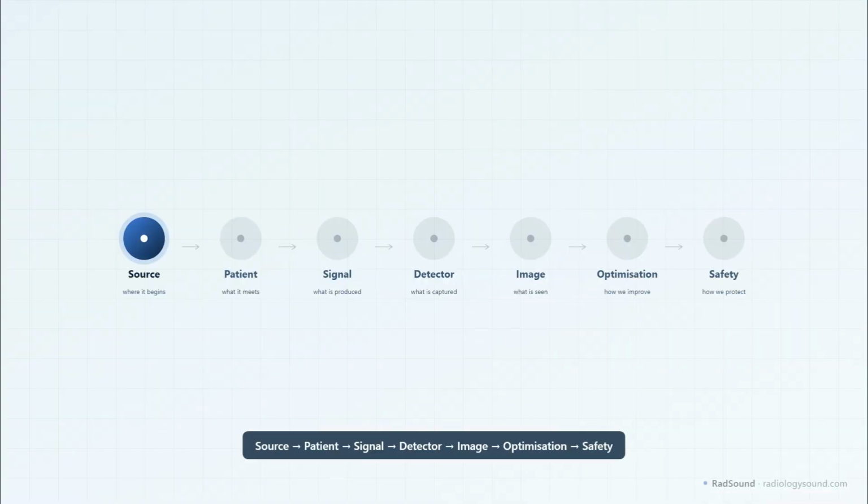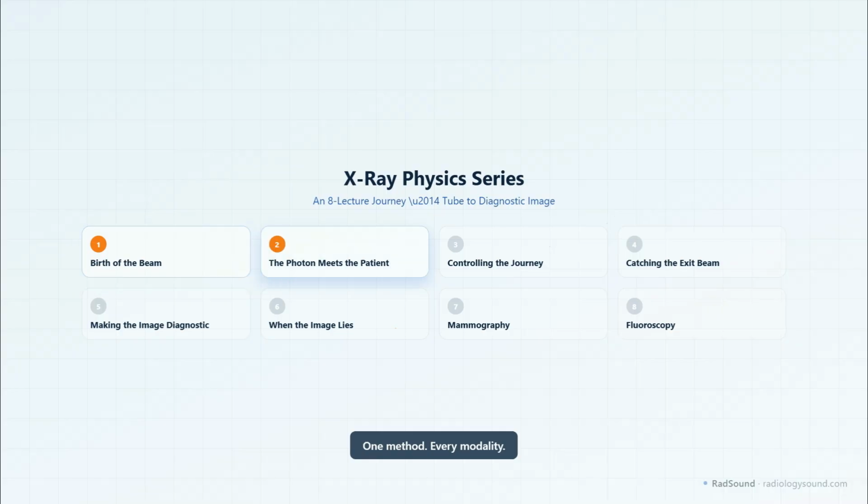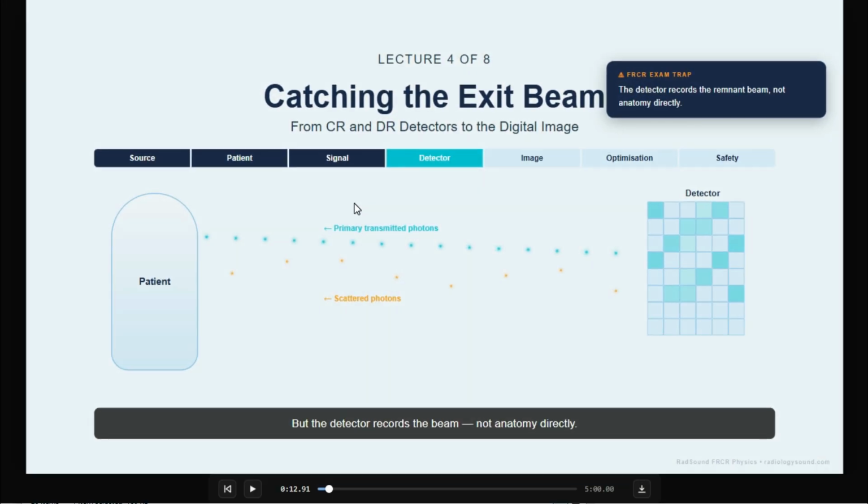We have discussed everything regarding the source, patient, and signal optimization. This lecture is going to be about the detector. The previous lecture was about scatter removal. Now the detector. In the previous lecture, we optimized our primary transmitted remnant beam and minimized the scatter potential that